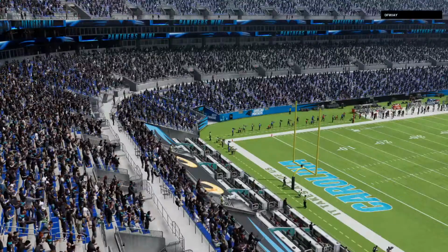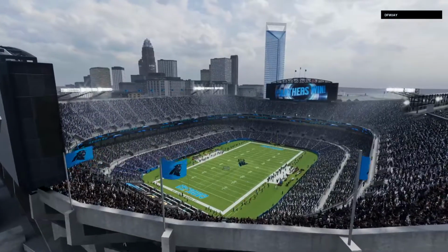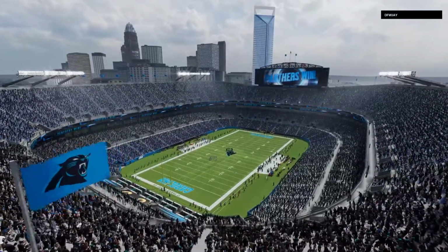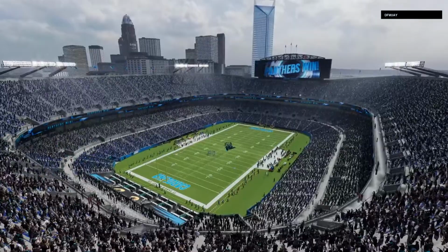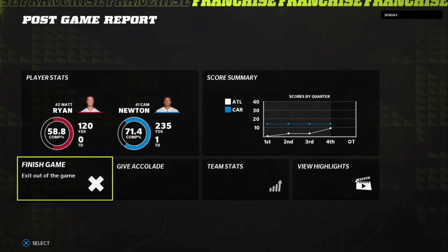So for the Panthers, their very slim playoff hopes remain as they move to 6-7 on the year. And they'll hit the road next week to take on the Buffalo Bills. Meanwhile, for Atlanta, it's going to all but eliminate them from the playoff picture as they fall to 5-8. And they'll try to get back